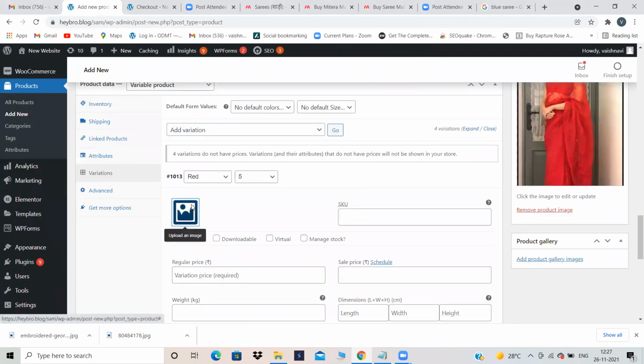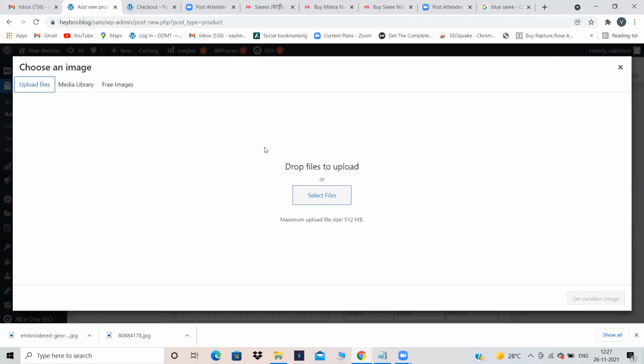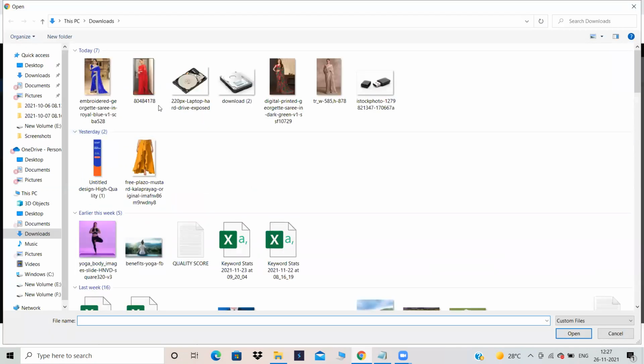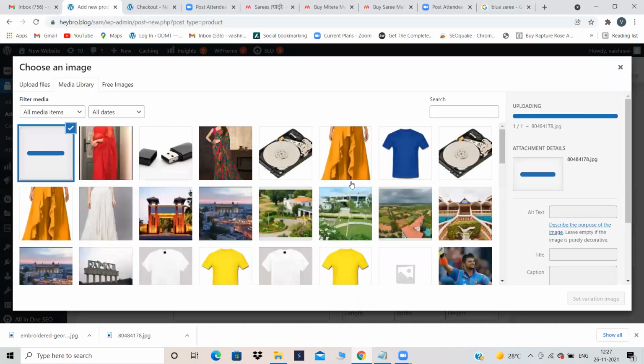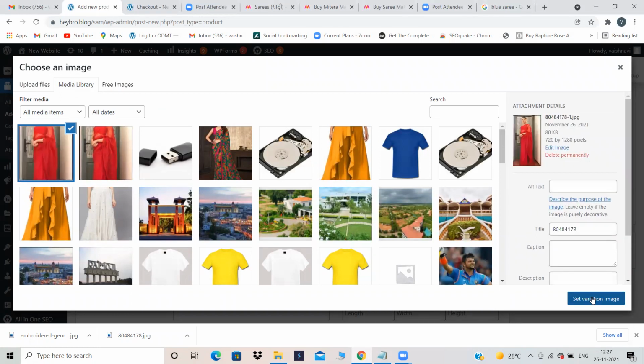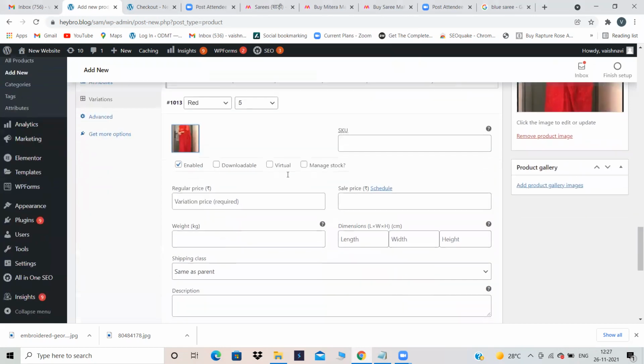Okay. Now for red, you have to upload some image. Go into upload files and select this one. And click on set variation image and give some price over here. Don't waste your time in doing all those things. So here's something price I'm giving.